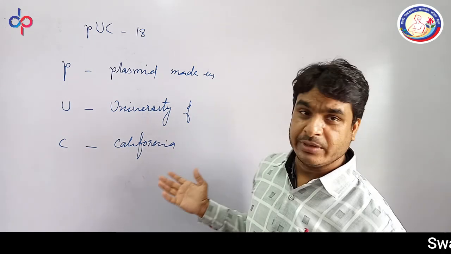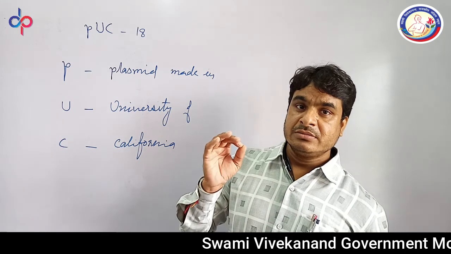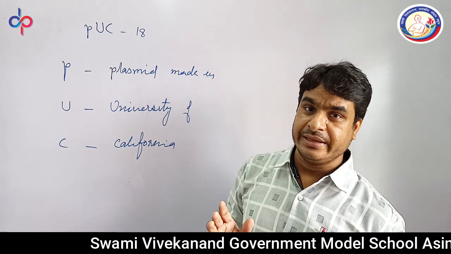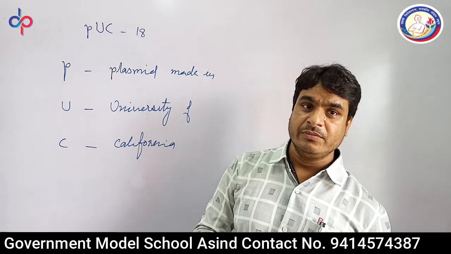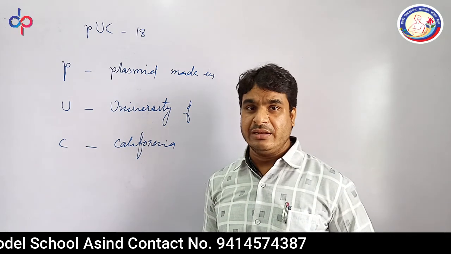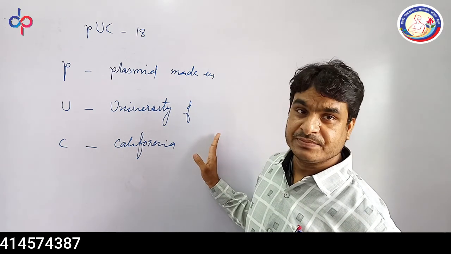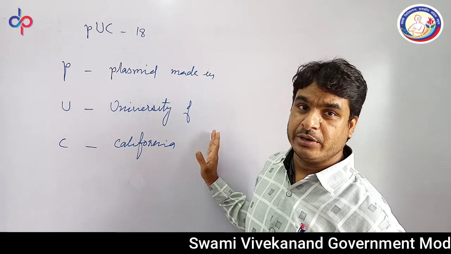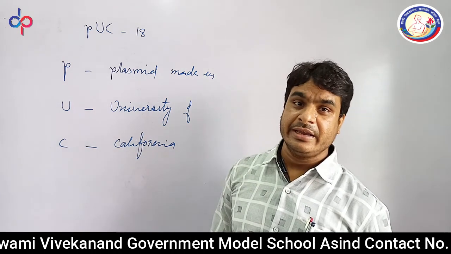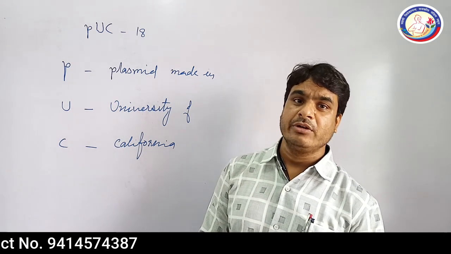So in summary we can say a cloning vector is a specific sequence of DNA that carries alien DNA from one place to the host cell and it will replicate there. So try to learn this, and the pBR322 figure is very important. Draw it again and again and also complete this topic in your homework.